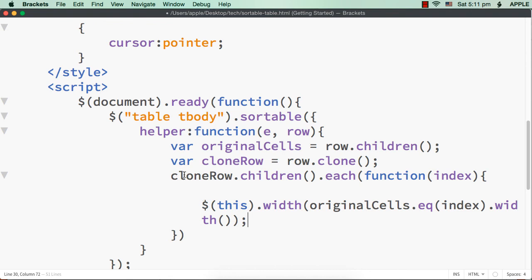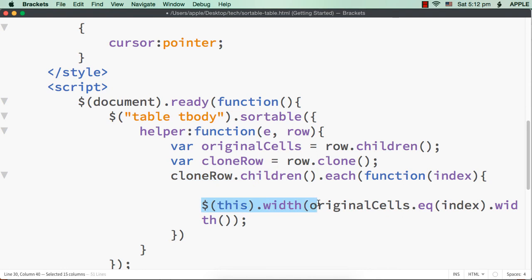Actually, it is a bit confusing. We are getting the element being sorted from this row, and row dot children means there will be 3 TD elements. So from this we can get the actual width. That is the width we need to set. And this clone row means we are creating a clone for this one, and for each of its child elements, which means all the 3 child elements, for them we are setting the width.